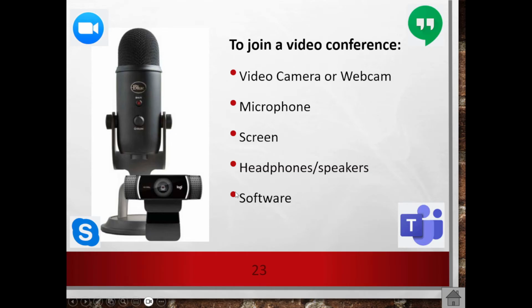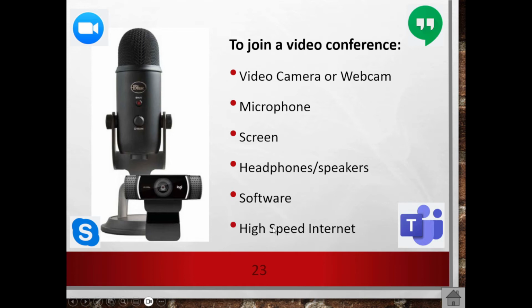Remember now, the software is what? A program. What is that program doing? Let's take WhatsApp. WhatsApp is the software. What is that software doing? The software is allowing you to communicate. Now, I have a microphone that can work in the software, a screen that can show me what's happening, speakers that can connect via that.